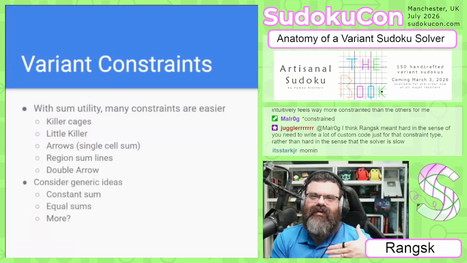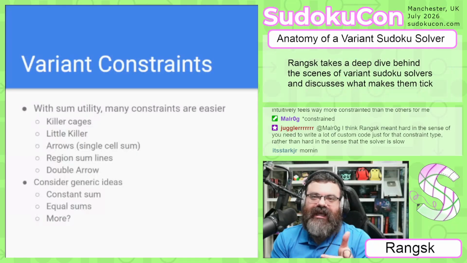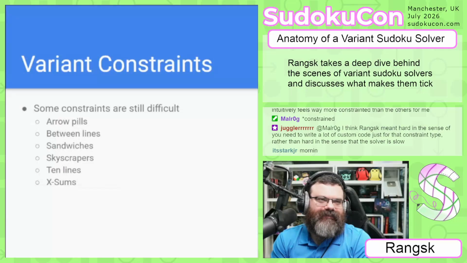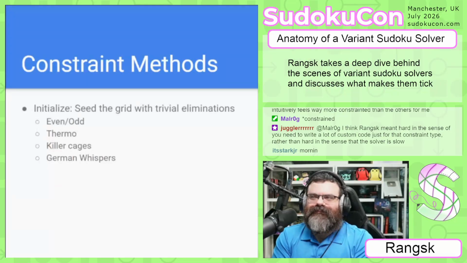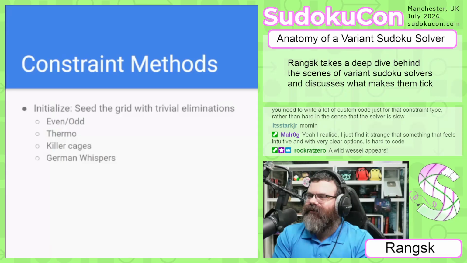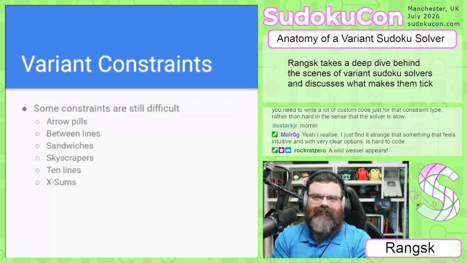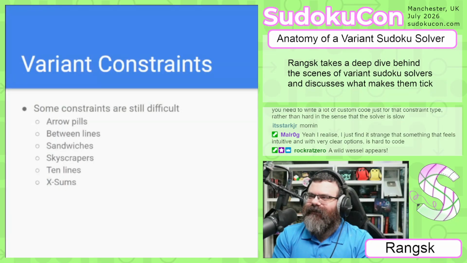And so now the rule is kind of when you cross a box border, it starts a new sum. And so I actually changed my solver to implement it that way instead of the other way. I might have been thinking of that one, but yeah, you're right. It was the two different flavors, I guess, of region sum, and there's a discussion about which is better or not. So Malrog was saying he found it strange to see X sums on the list because it intuitively felt more constrained, but Juggler was saying that you just still need to write the custom code for it, I guess, rather than